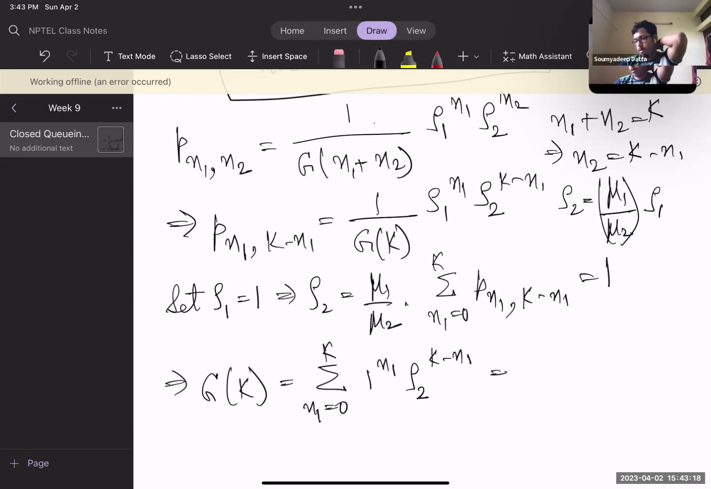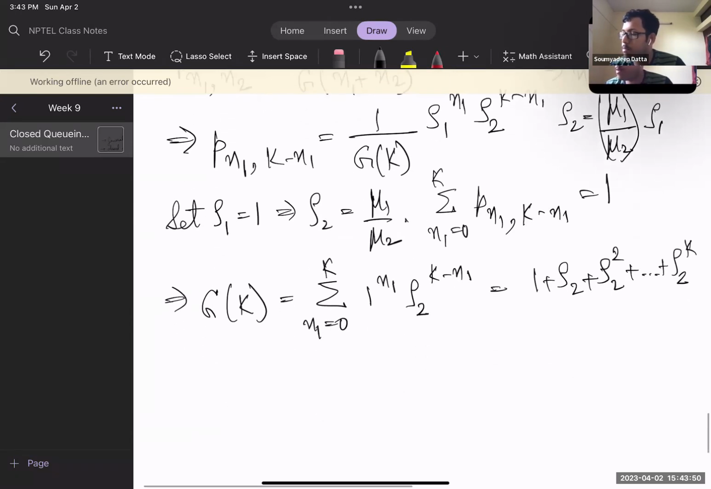So this sum actually is like a GP series, right? Because 1 to the power n1 is 1, and rho 2 to the power k minus n1 is rho 2 to the power 0 plus rho 2 to the power 1 till rho 2 to the power k. So it's the sum of it, 1 plus rho 2 plus rho 2 square plus rho 2 to the power k, which can be written as 1 minus rho 2 to the power k plus 1 by 1 minus rho 2, right? So this is the formula of g of k